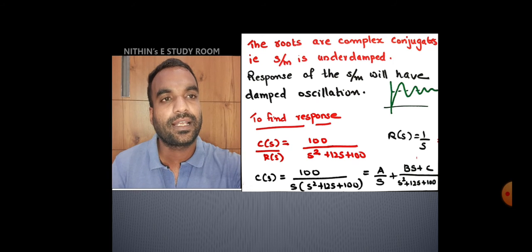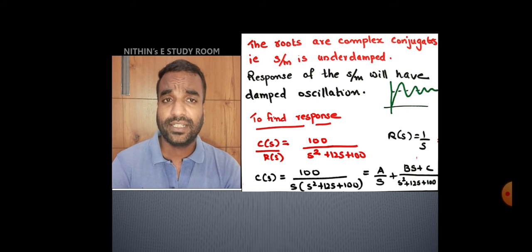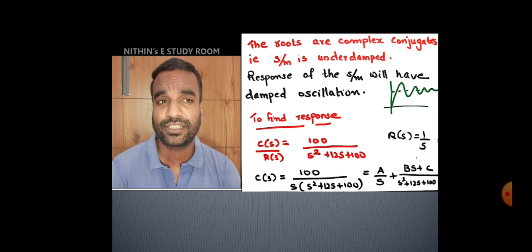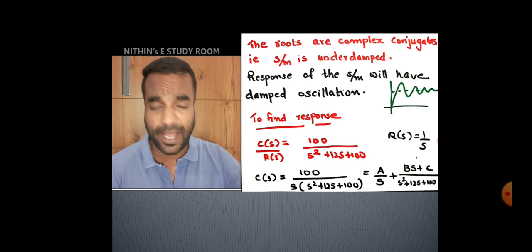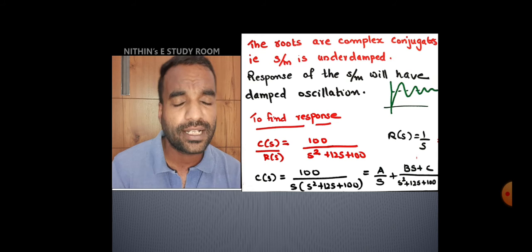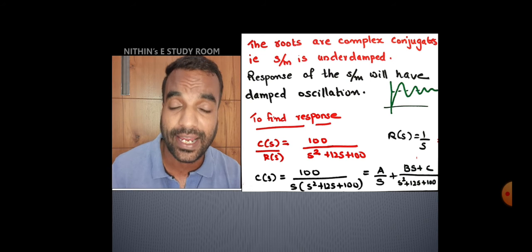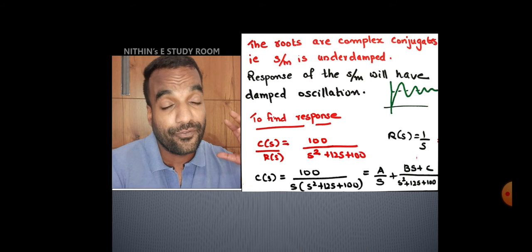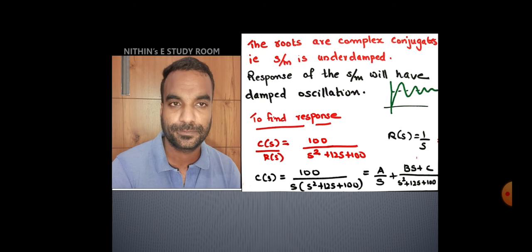So if it is critically damped, what happens? Its response will be like this: not a straight line, a curved line to the final value, no oscillations. But it is an underdamped system, so oscillations will be there. These oscillations are known as damped oscillation because it is undergoing some suppression. Its oscillation will be suppressed in the upcoming future. So from the value of poles, we also commented about the eta value or the damping condition, and we already predetermined the shape of response.